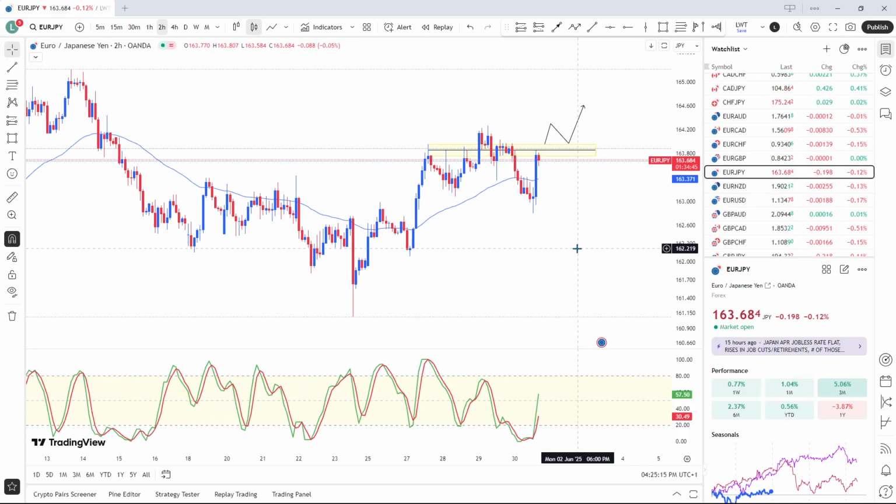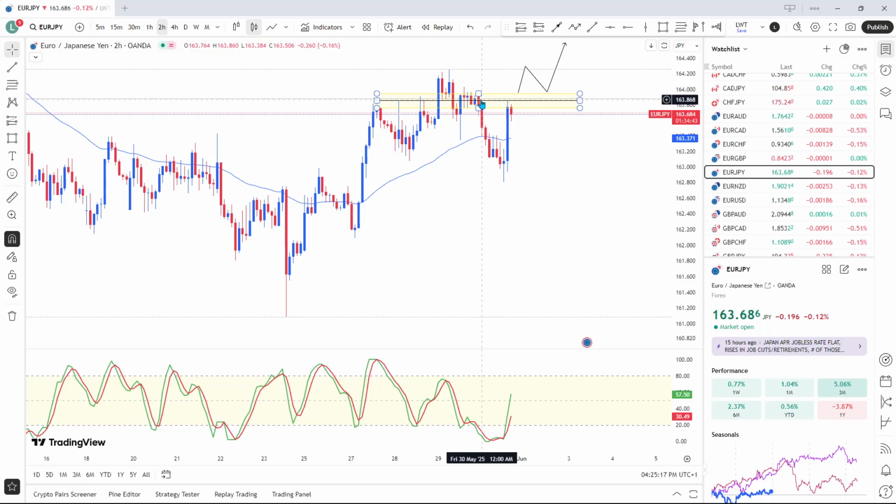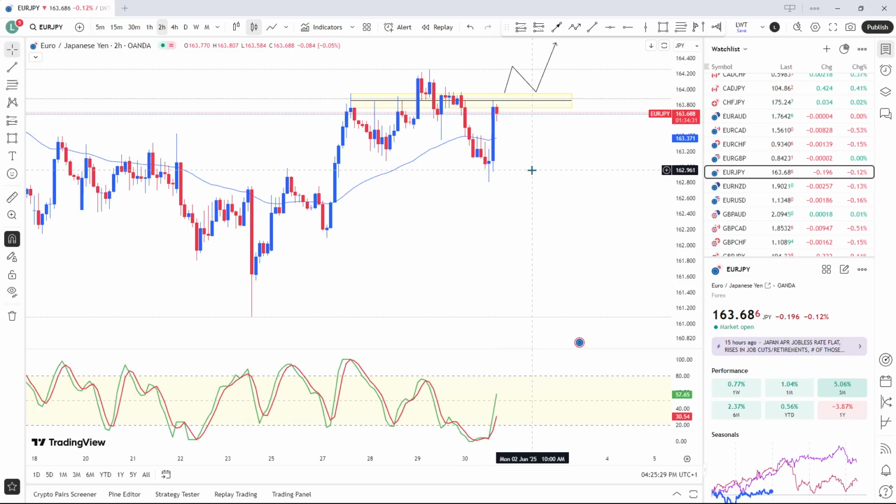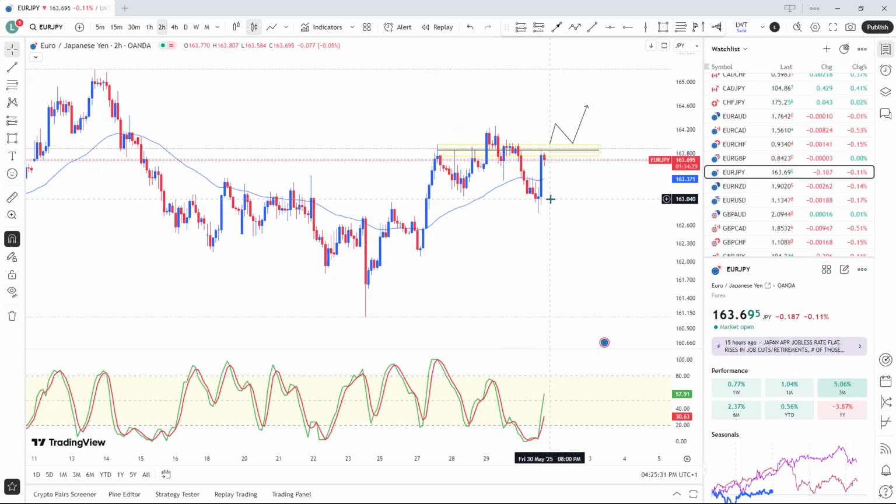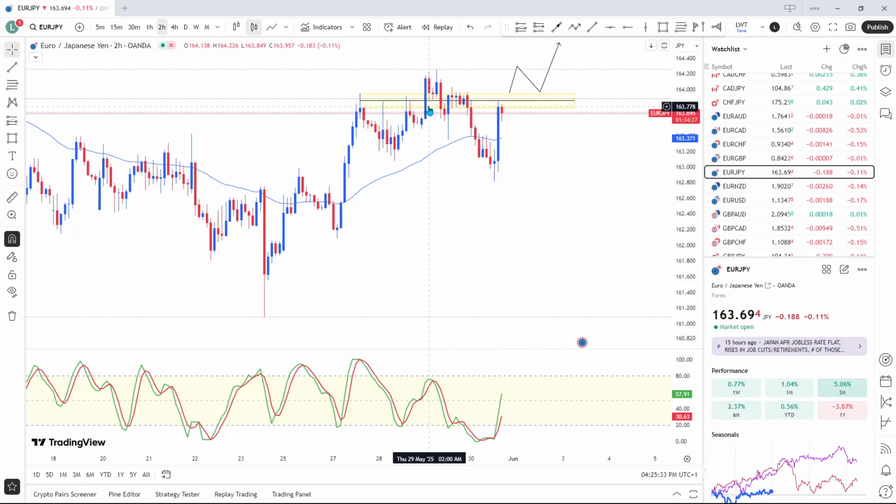Euro JPY, okay, so that has done the opposite again. That has come down. That is why you wait for a break and retest. You don't just want to buy when it's in there willy-nilly. You want to be buying and selling when it breaks and retests. So here, for example,